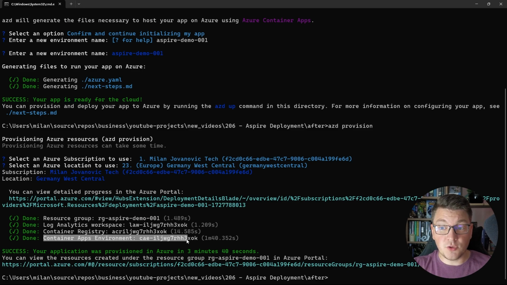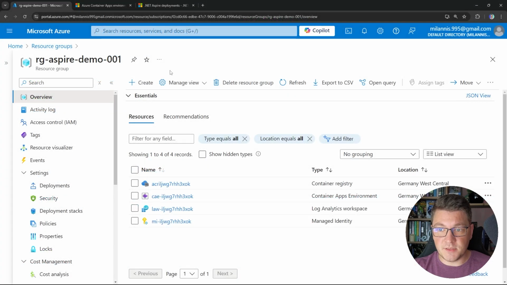And then we have a Container Apps environment. So let's check this out in Azure before we deploy the actual applications. If I open up the resource group, you can see the four resources that I just mentioned: a container registry, a Container Apps environment, a log analytics workspace, and a managed identity is going to allow us to manage authentication for this Aspire deployment. One of the responsibilities of the managed identity here is allowing us to push our applications as containers into the